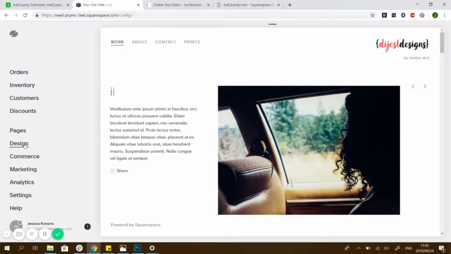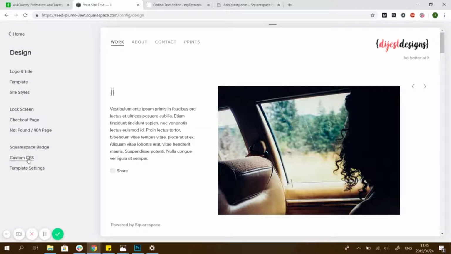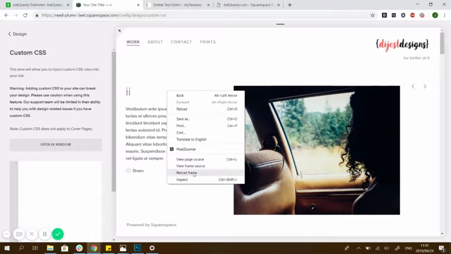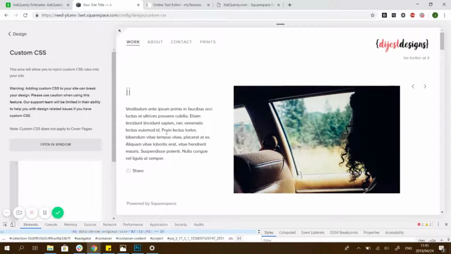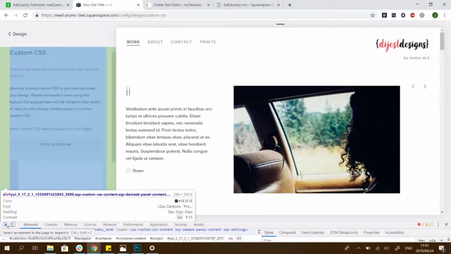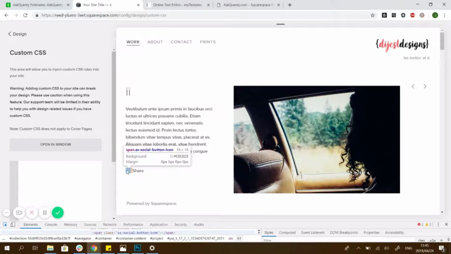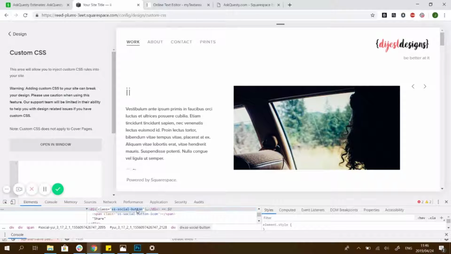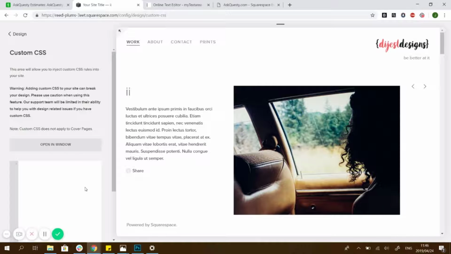You go to Design, Custom CSS, and you can just right click and inspect the page. You just click this button and hover, if you want to know how to do it. So you just copy this and paste it. So it is a class, so you have to